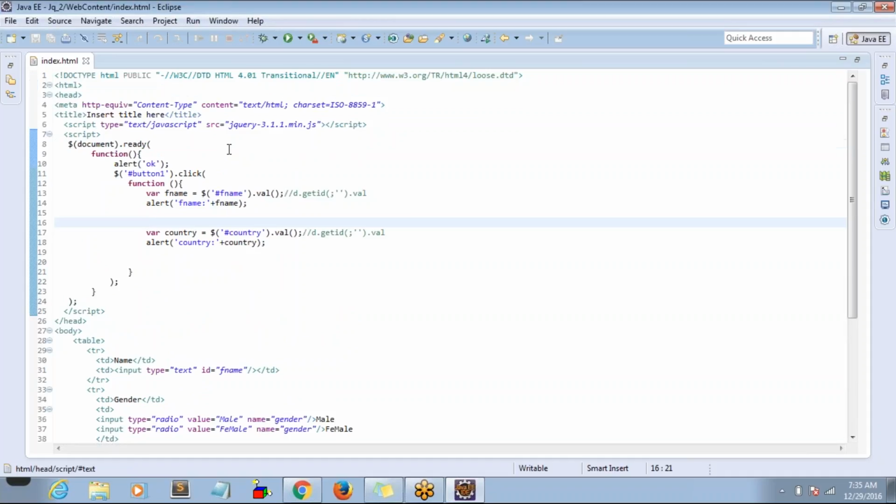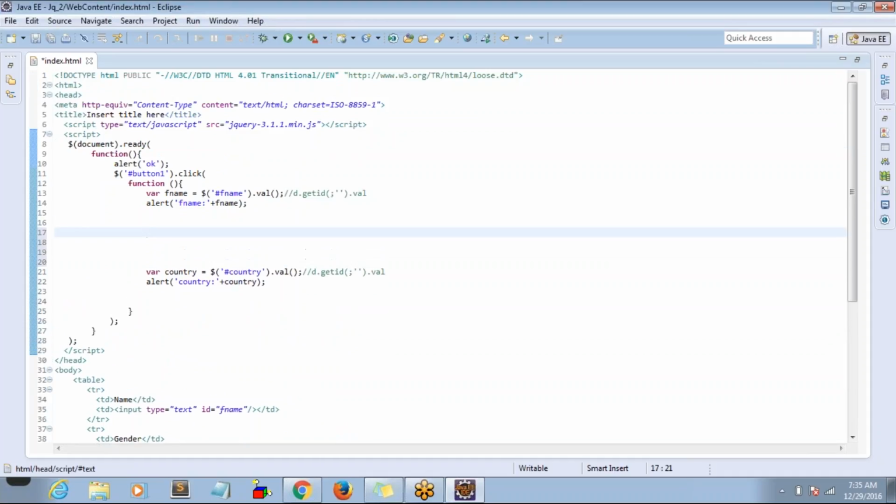After that, I want to read here. To read this radio button, we have a little bit different approach. Where gender is equal to something, we are going to use